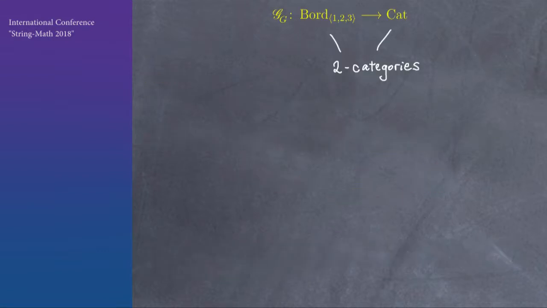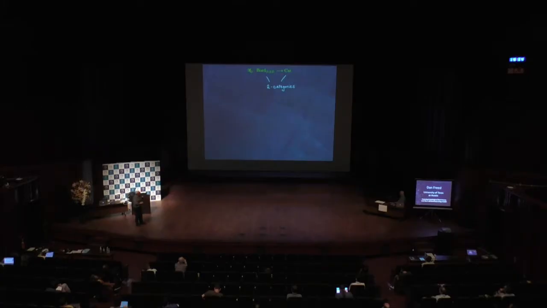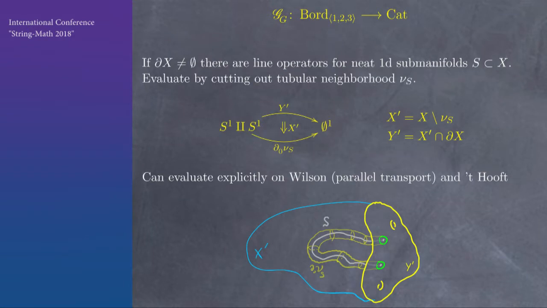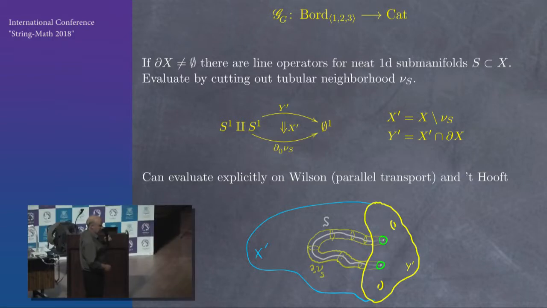Okay, so finally, if we want to say this in terms of the axiom system, then now we can say that our theory is a map from 1, 2, and 3 manifolds. So the 3 manifolds now are allowed to have corners, and the target now has to also have 3 layers. It's a 2 category, namely the category of categories. And so what does that do for us? Well, for example, supposing I have a 3 manifold with boundary, now we could have a loop operator which ends on the boundary. So how does that look in this axiom system?